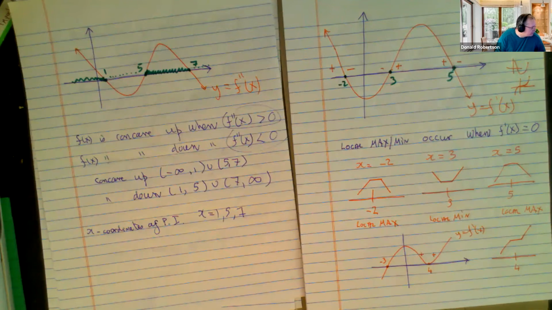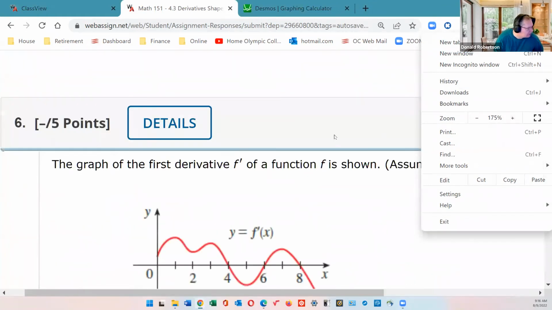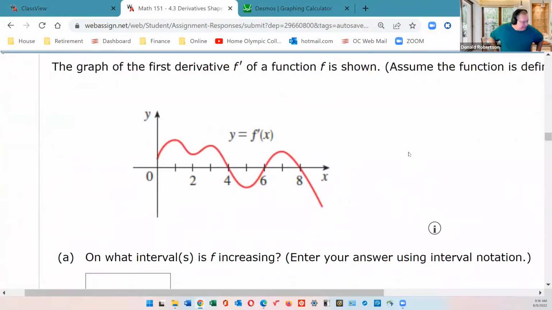Let's see what we can find. Okay, try this one. It's got an awful lot of bumps in it. Come on, there we go. Maybe make this a little bit bigger. Here we go. This is the derivative function, right? Yet we're going to answer all sorts of questions about the original function, the f of x guy. For instance,